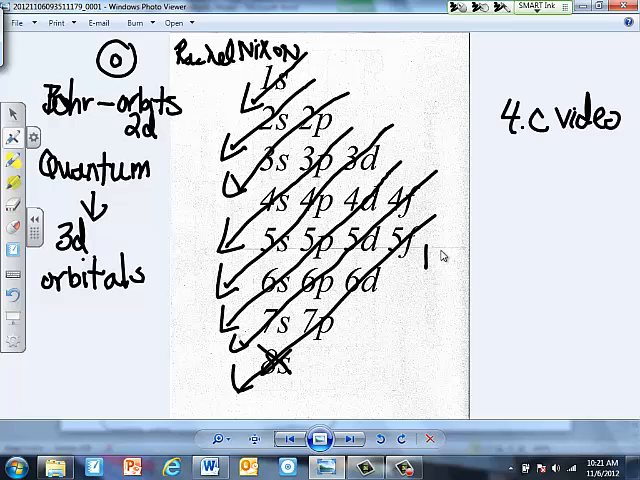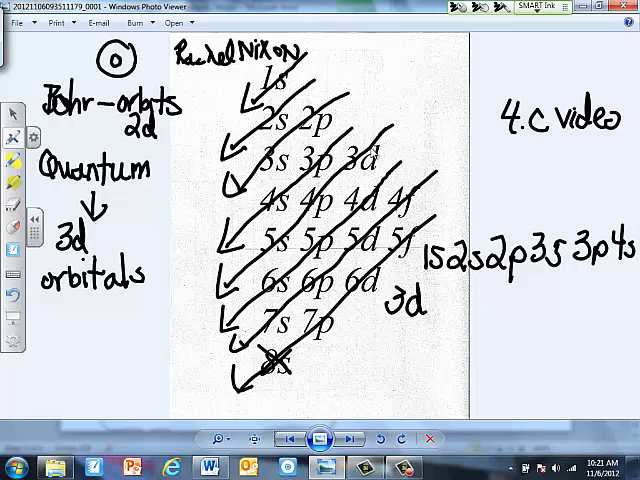So somewhere on your sheet I want you to write this out. Write 1s, and all I'm doing is following the arrows. 1s, 2s, 2p, and 3s. So that's my next line. 3p and 4s. And then I go to the next line, I go from 3d to 4p to 5s. So 3d, 4p, 5s,